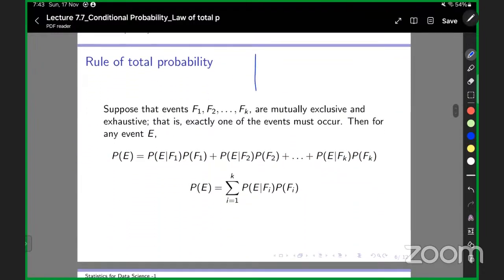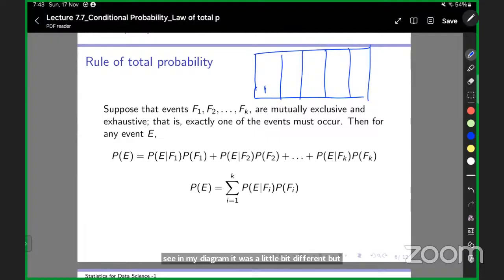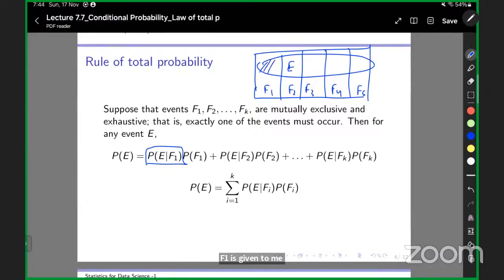So same way. In my diagram it was a little bit different, but if I draw it like this, you can say this is F1, this is F2, F3, F4, this is F5, and this is my common E. This is my E here, right? That's how it is. Now F1 is given to me, and I want to figure out E, right? So this part which I'm choosing,